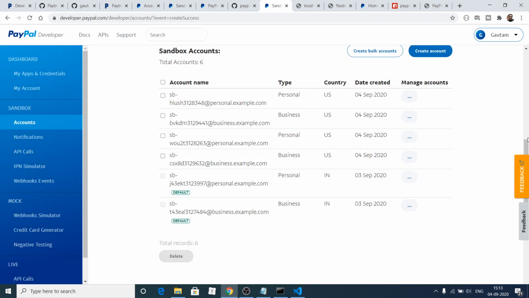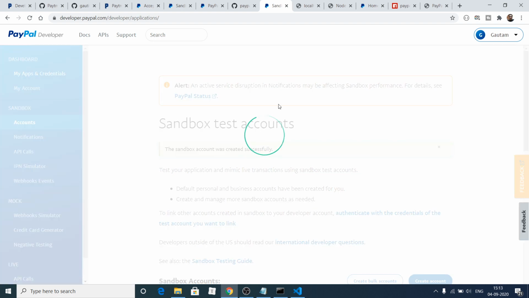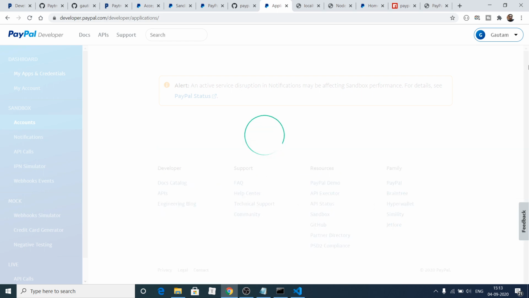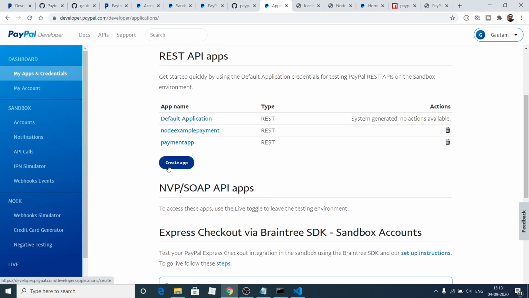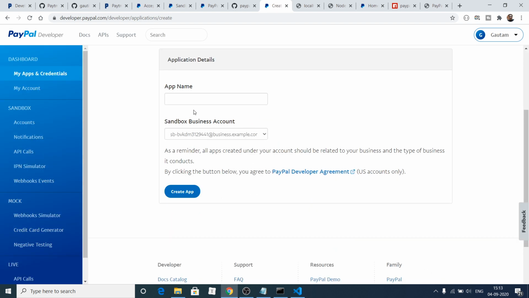So the next thing that you need to do is that you need to go to this option which is there inside dashboard, my apps and credentials. So here you need to create a new app. So click on the create app option. So you can give any name of your choice. Let's suppose I give payment app test, and then you need to only select a business account, not personal.